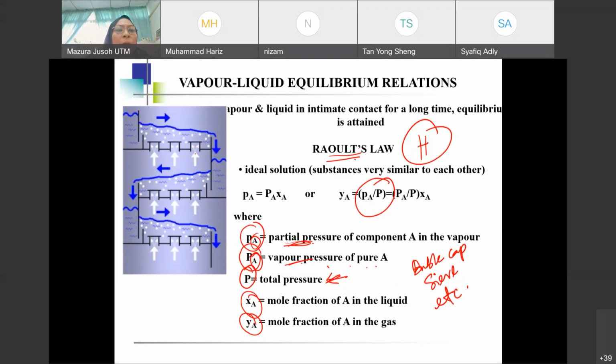Because this one is already in contact with the liquid, or mixed with the liquid, the composition of A on the plate is going to be higher. So from the bottom plate to the top, it would be increasing. The concentration on this tray would be higher than the tray below it, and so on until you reach the top of the tower. Okay,